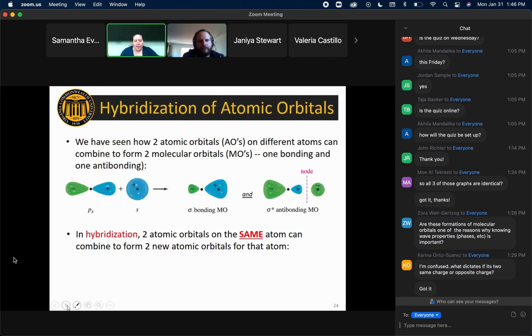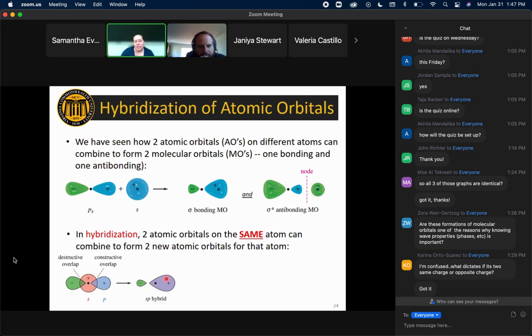We can also take a similar concept, but now let's apply it instead of to two orbitals coming together from a distance, let's apply it to two orbitals on the same atom. So we're going to take two atomic orbitals that are on the same atom and combine them together and get two new atomic orbitals that are different than the other ones, but they're all still on that same atom. So here in this case, we're going to combine an s orbital and the px orbital. And you can see when we do that on the same atom, because they're superimposed, we get a hybrid orbital that, if the phases are as I'm showing you here,